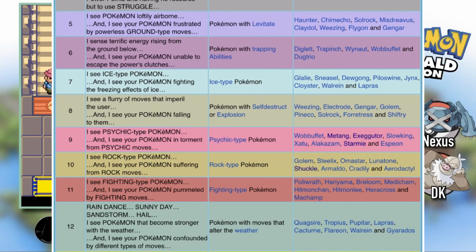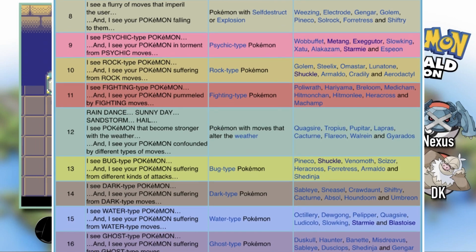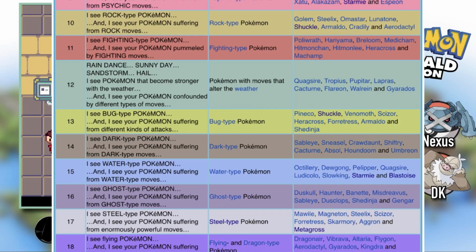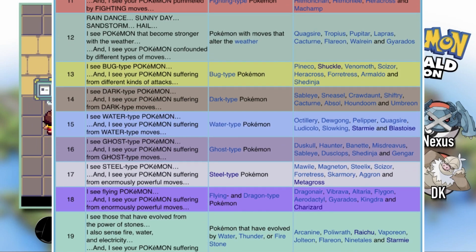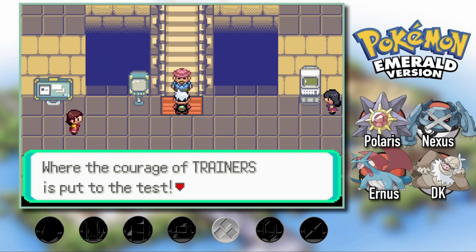Before you start the next round, this NPC will tell you what kind of wild Pokemon you're gonna face in the pyramid. The shower of sparks means electric moves and Pokemon that can have Thunder Wave,